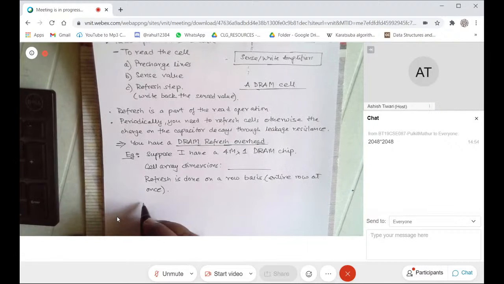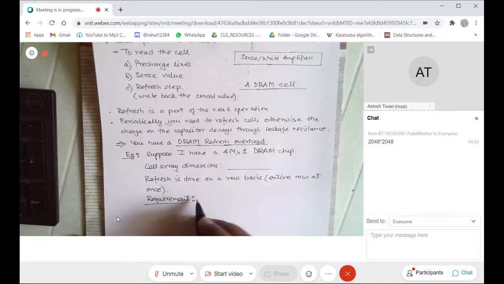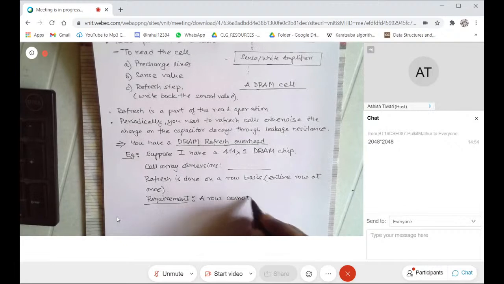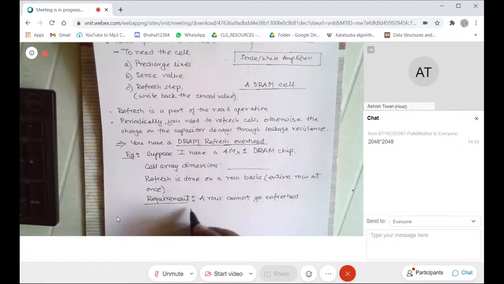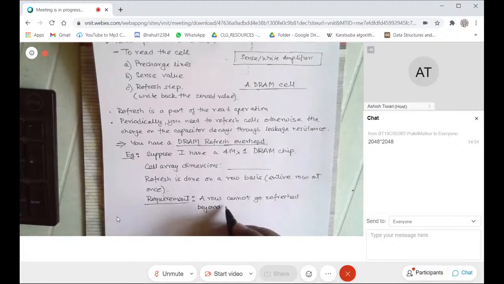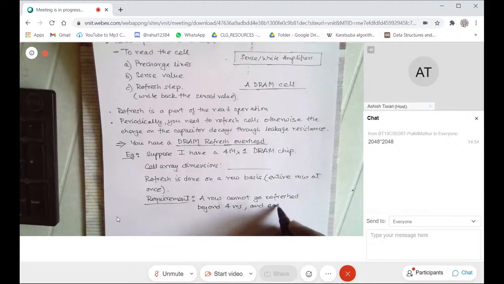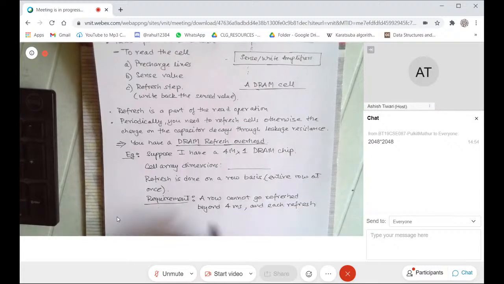So let us say each cell cannot go beyond 4 milliseconds without a refresh, and each refresh takes 80 nanoseconds,